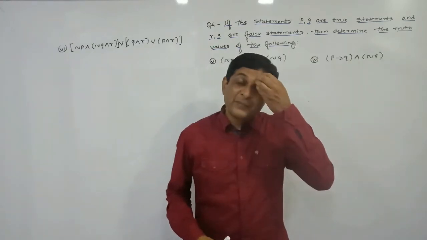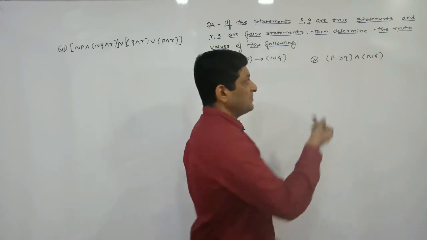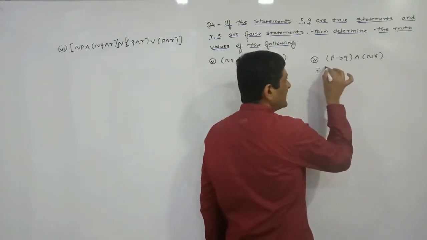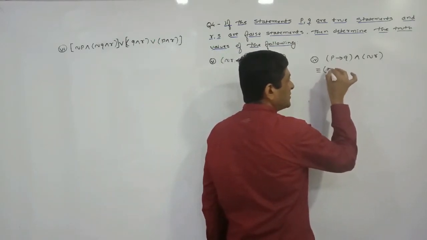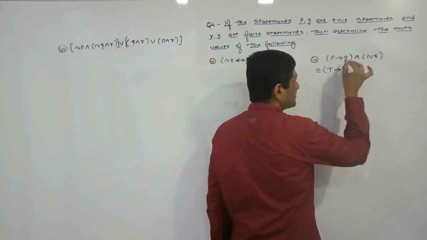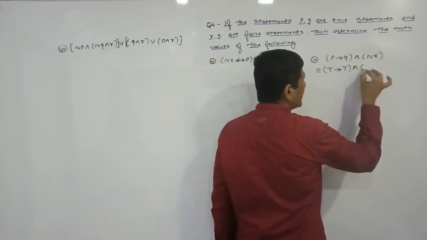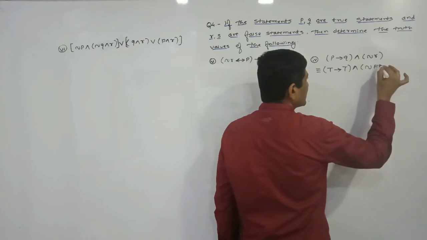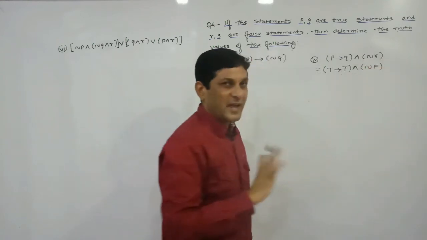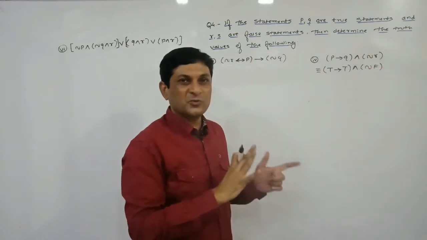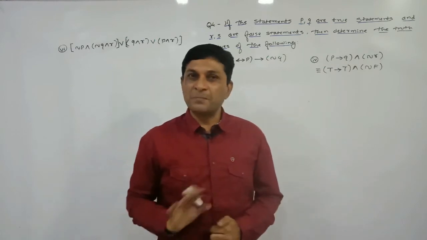Now observe example number 4. In this example, let us replace all the letters by their truth values. It is given to us that the truth value of P is T, Q is also T, AND as it is, negation as it is, replace R by its truth value F. Once the truth values are substituted, the remaining part is the simplification part.